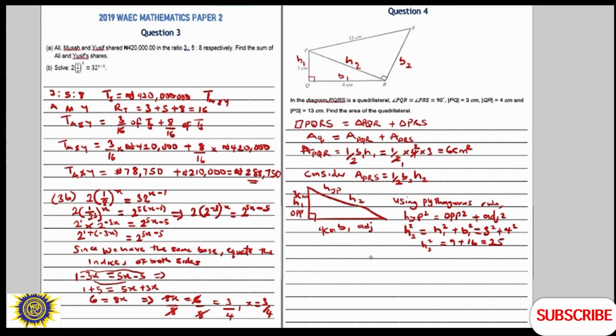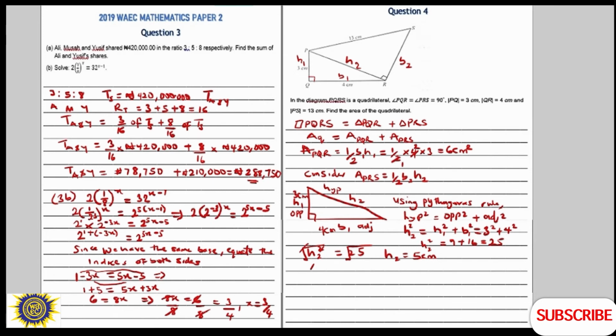So taking the square root of both sides now, H2 square equal to 25, and taking the square root of both sides, the square cancels the square root. We have H2 to be equal to 5 centimeter. So we successfully calculate H2. Now how do we get our B2? To just bring out this diagram as well, considering the triangle